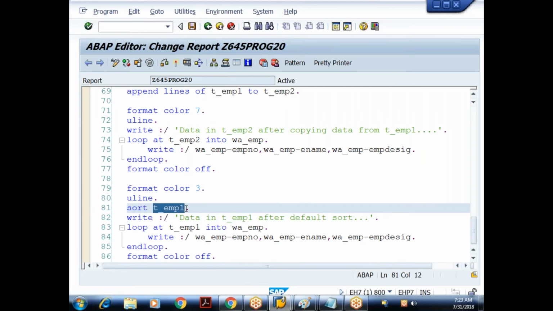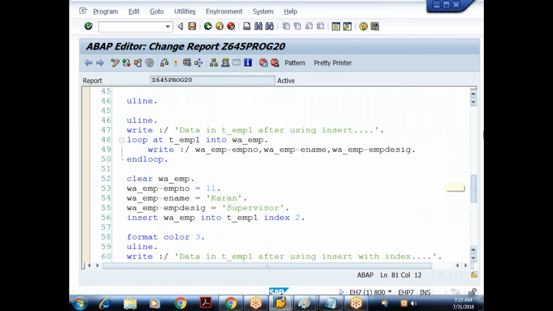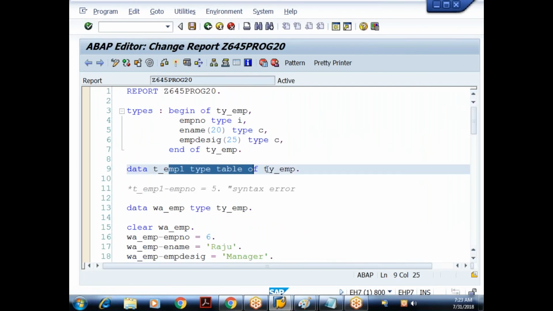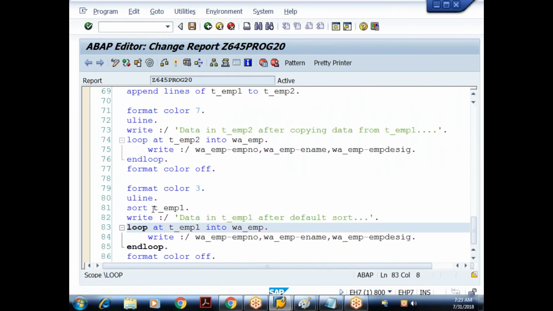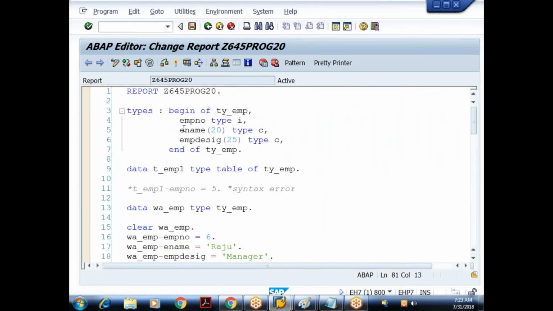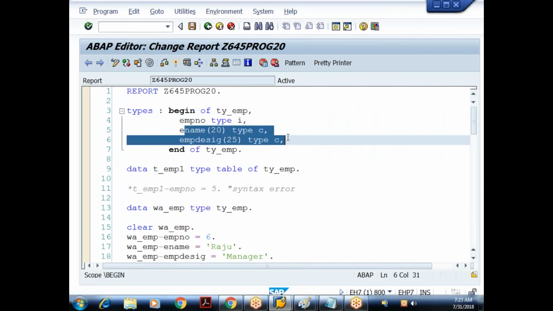This T_EMP1 doesn't have any key declaration, so it will check the first character field in the internal table. There are two character fields, employee name and employee designation. It is sorting on employee name, because it is the first character field.